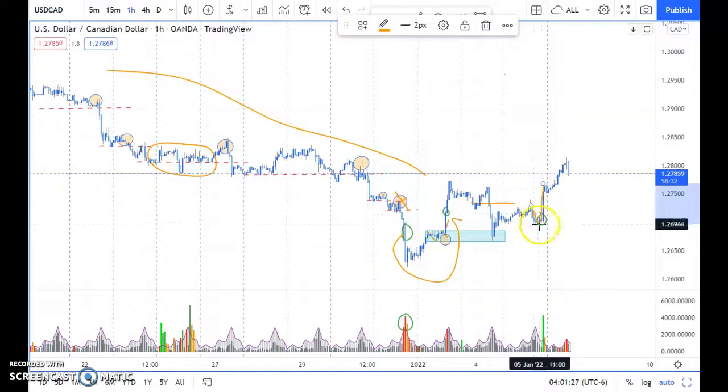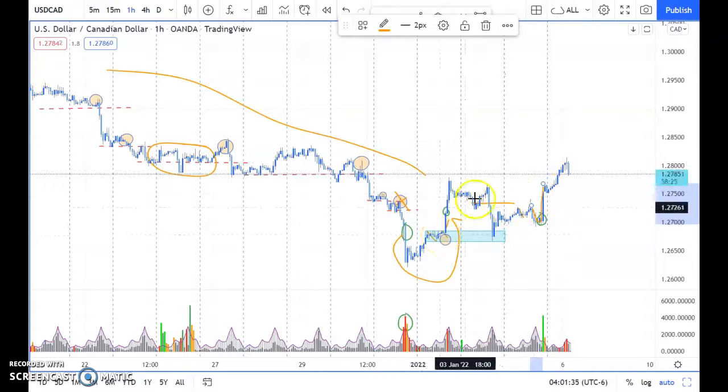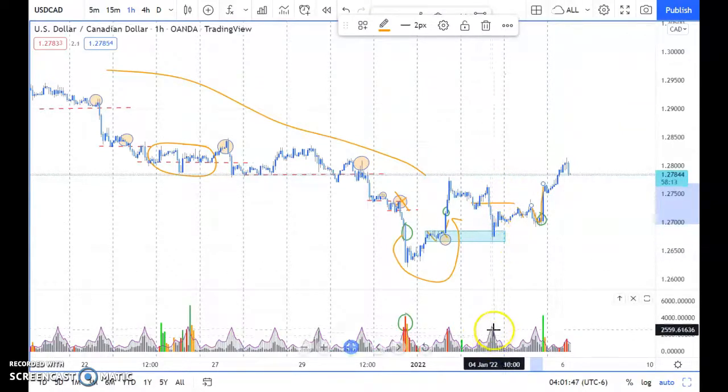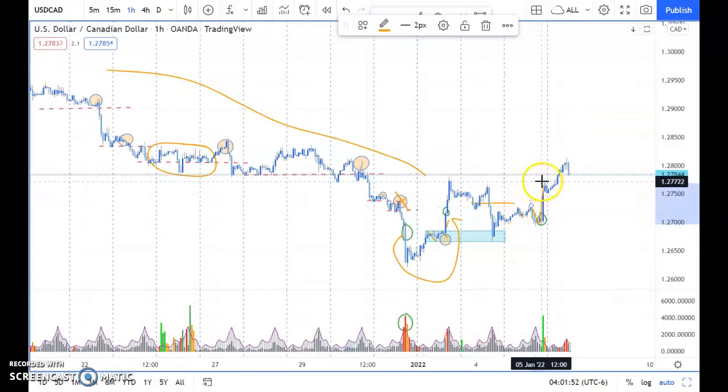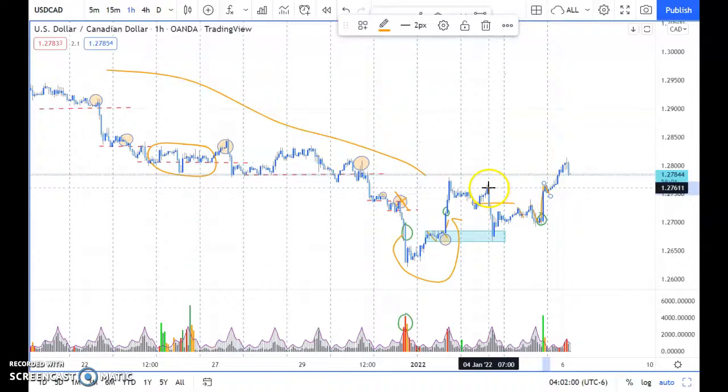Now they don't get fully taken out because this seller is still around, and I know technically this isn't a seller because we're still in buyer's territory, but I think as far as technical analysis people, this would be a valid sell for them, because there is some high volume. It's just not super high. So I think that even this could be a final sell attempt from this guy, this last guy who started.